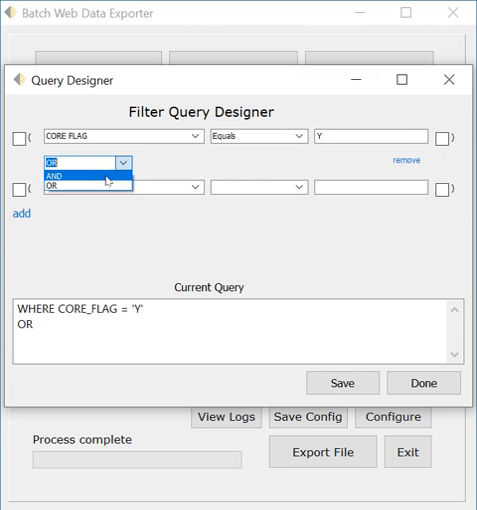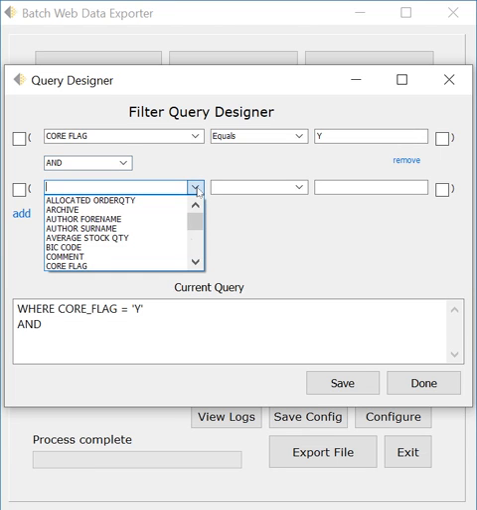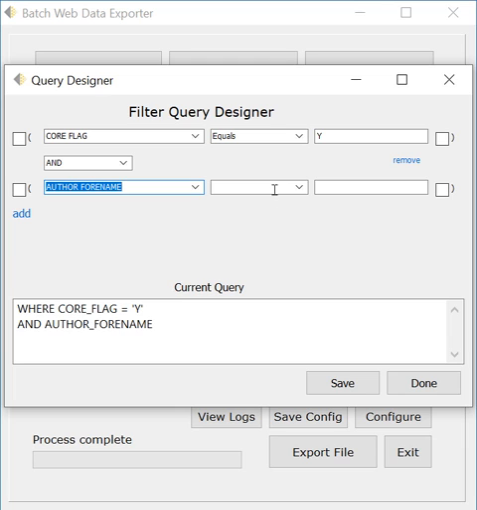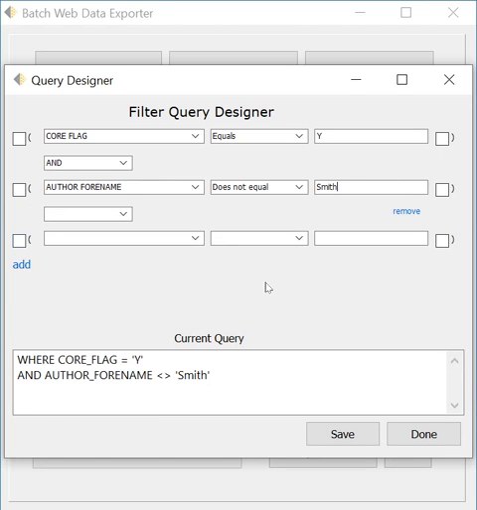So where core flag equals yes and author forename does not equal Smith. Okay, so that's going to select items from our stock where they are set as core stock, but the author forename isn't Smith. Okay, and we can continue to add extra terms here,